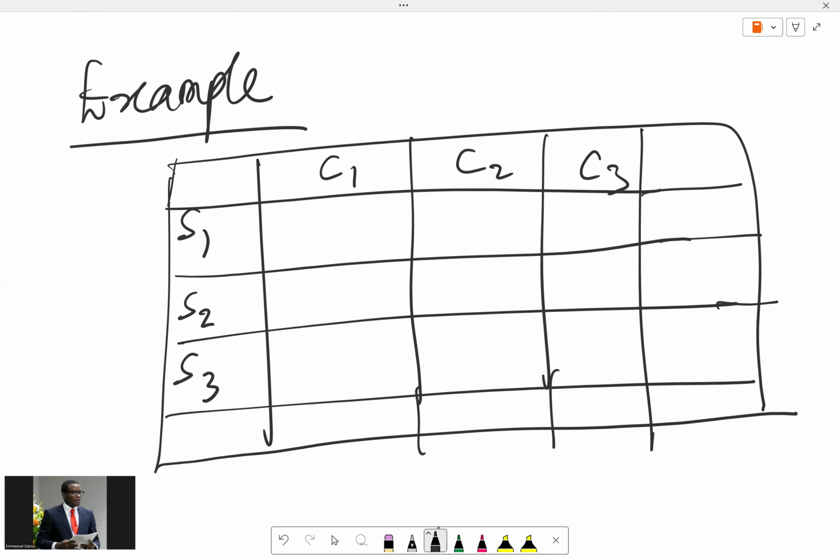Okay, so let me write the cost in the corners here. 8, 6, and 10. These are the costs. And then we have 9, 7, and 4. And then we have here 3, 4, and 2. Okay. And of course, from the initial feasible solution, from the northwest corner rule,